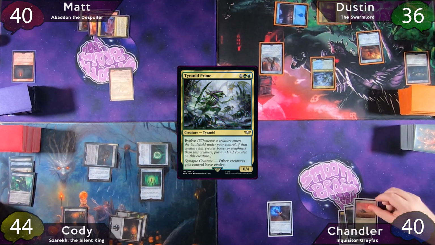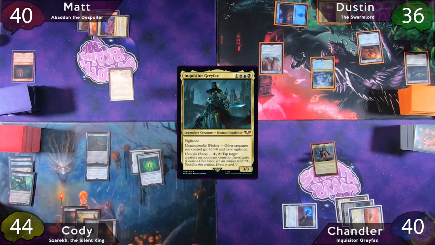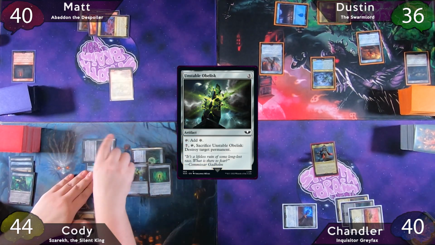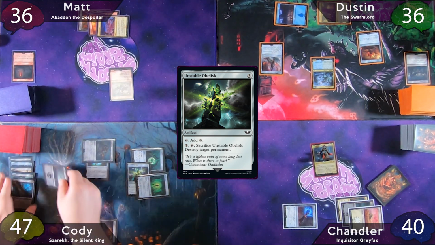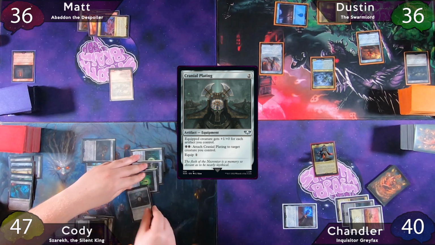Chandler plays a Plains as land for turn, and then he'll tap for 4 to cast Inquisitor Greyfax. The turn is then passed to Cody, who will start off with an Unstable Obelisk. After this, he moves to combat, and he swings his 4/1 at Matt, who just takes it. Mask of Memory trigger, he'll draw 2 and discard a Chronomancer. After this, he'll activate Mystic Forge to exile a Swamp off the top of his library. He then casts Cranial Plating off the top of his library, and then he'll pass the turn to Matt, who